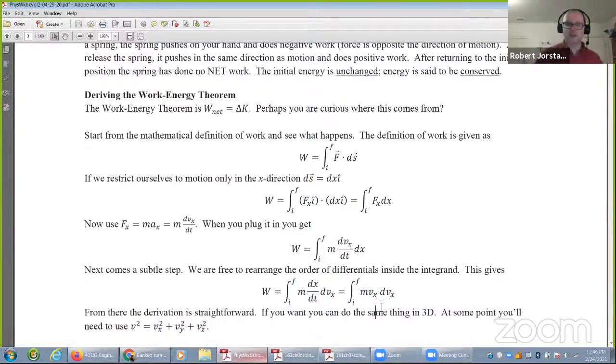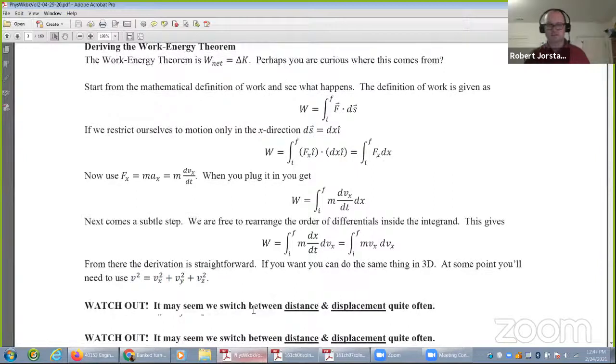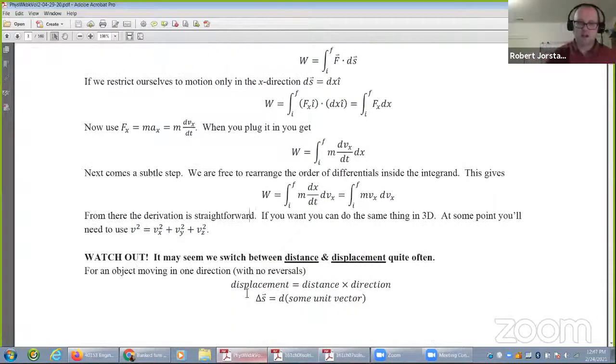Now, you could do the same thing, and if the force has a component in the j hat and the k hat, you get something very similar, and you get vx squared, vy squared, vz squared, etc. All right. In this chapter, we're going to switch between displacement and distance very often. And so the issue here is, as long as an object is moving in one direction, we could use the